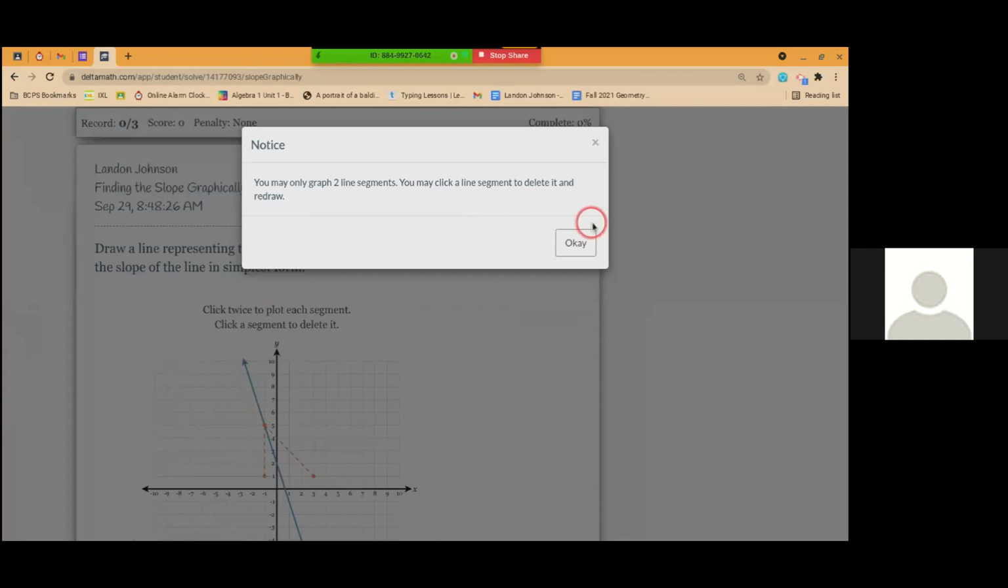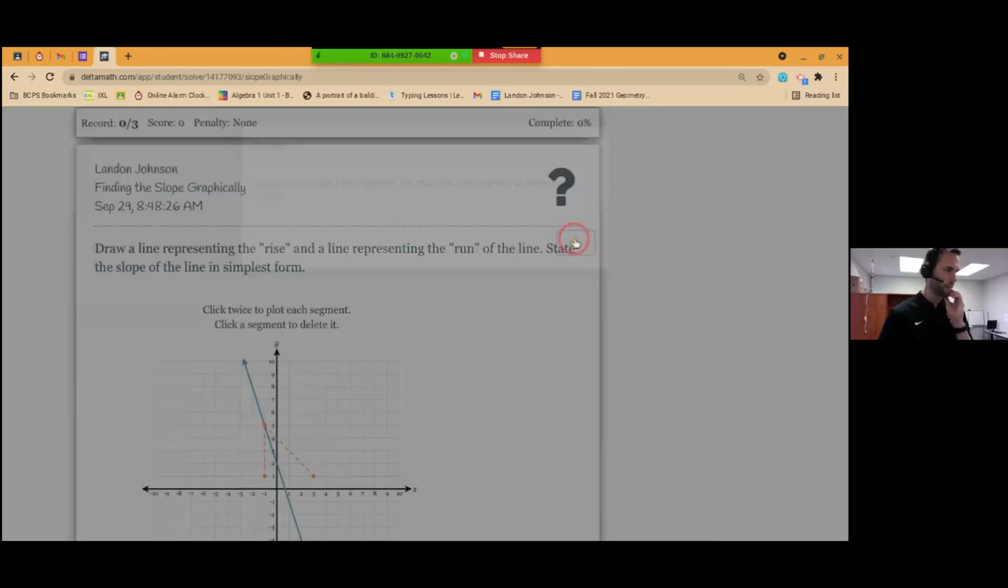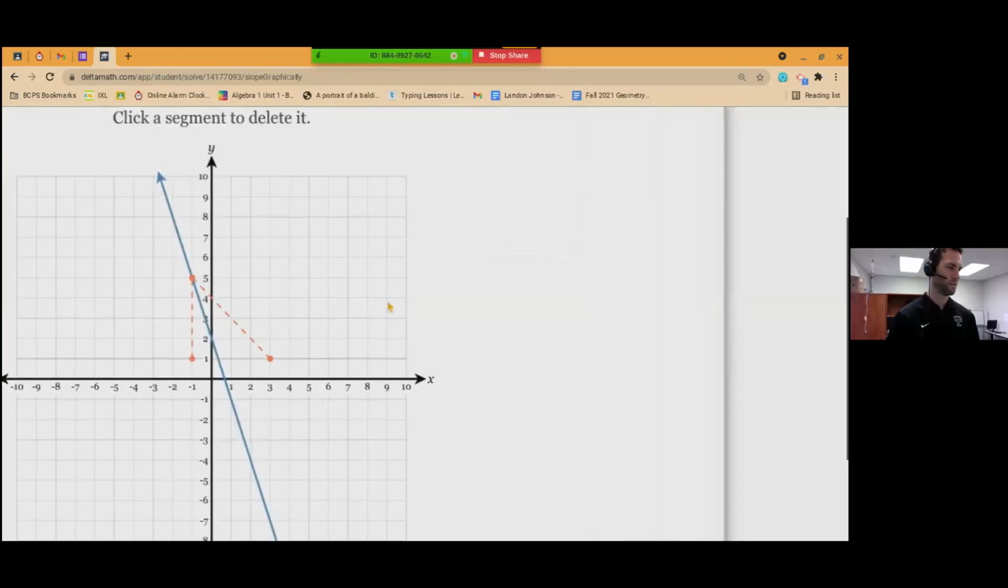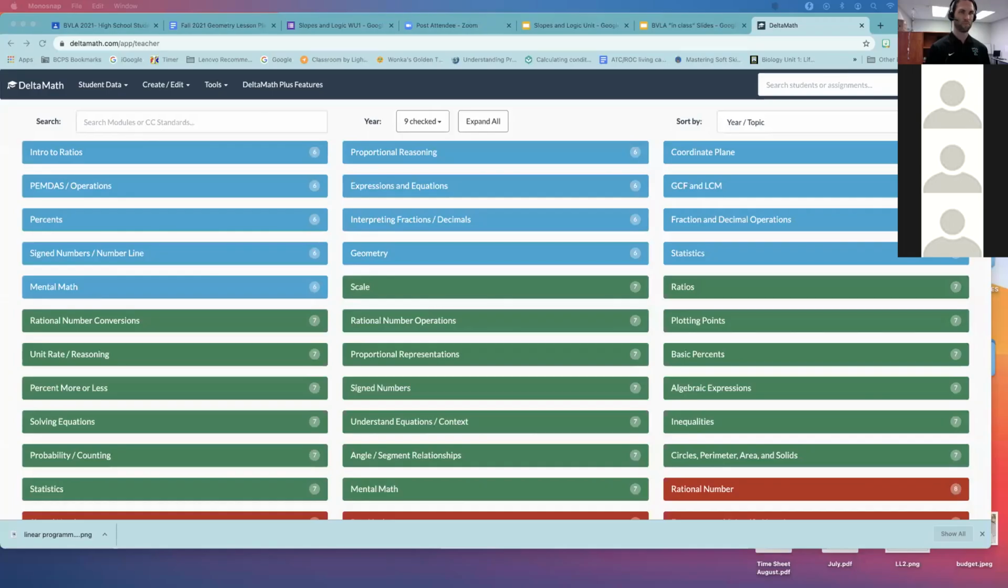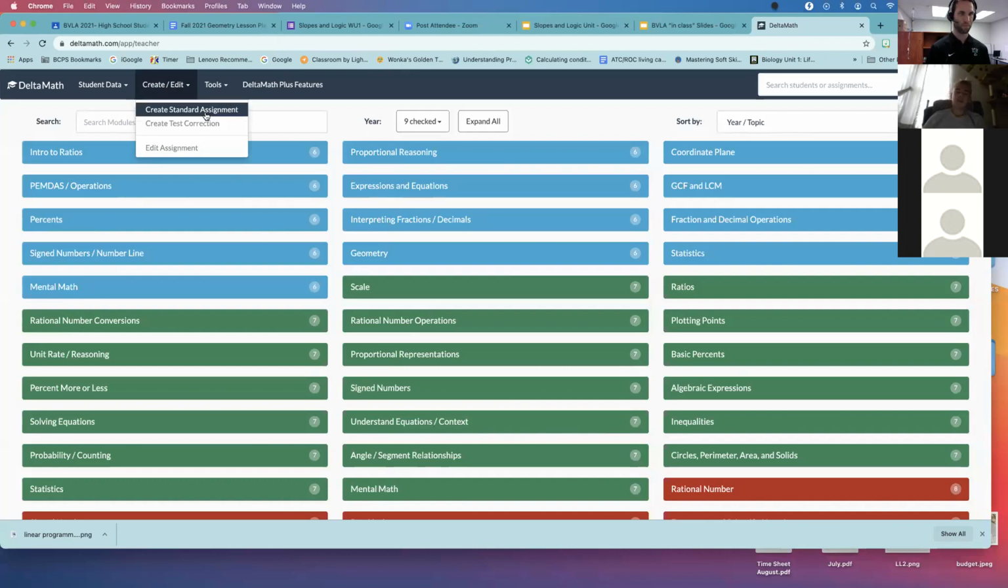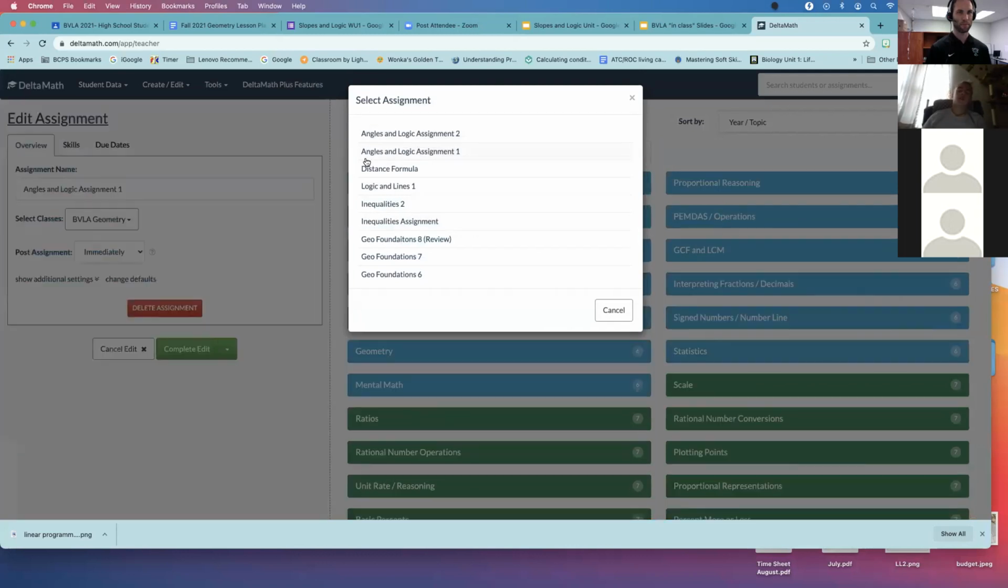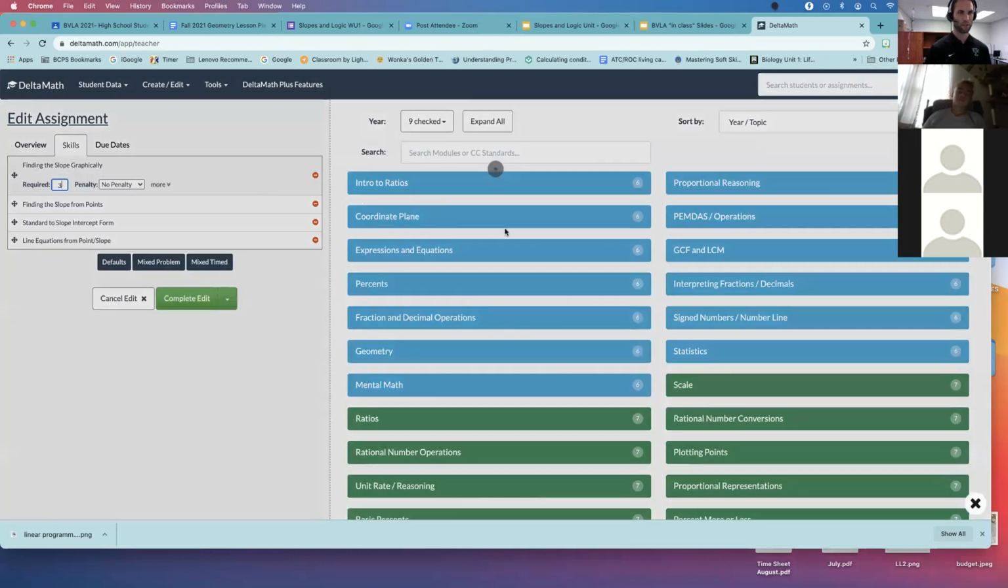Oh shoot, it won't let me change it. It will. I'll just do this. Oh, I just refreshed it. See what happens. Yeah, but okay. All right,